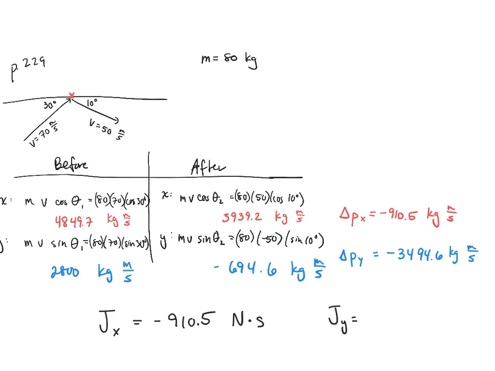And then the impulse in the y direction is simply negative 3494.6. And again, I'm going to change my units into newton-seconds, even though they're the same thing. So these are my two values for my impulse felt. And we want to figure out the overall impulse felt by this driver. So think about being the driver right now, okay? Imagine you're the driver, first of all. Good luck surviving this, because this is a lot of impulse. We'll talk about how much impulse it is at the end. But